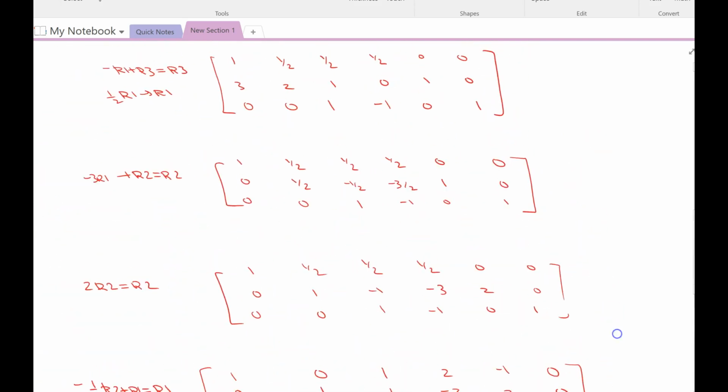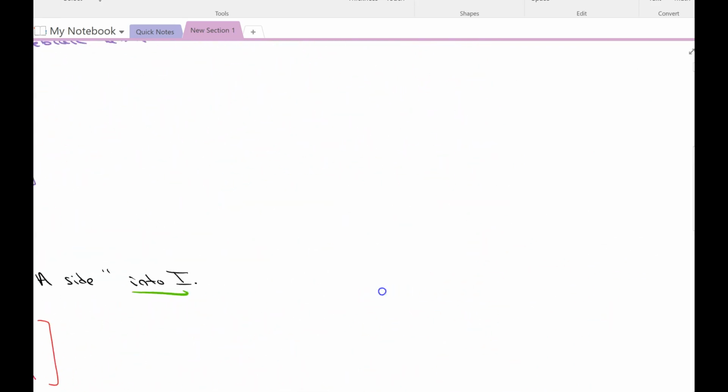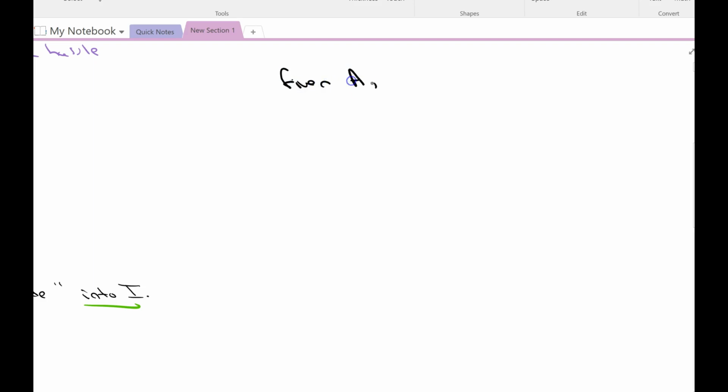So when you're trying to find the inverse of an n by n matrix, if we're going to generalize it, the goal here is to find a generalizable method. Given a square matrix A, to find the inverse of A, we set up the following augmented matrix: A, and then I over here. Of course, this is only for a square matrix. And then we want to use row ops